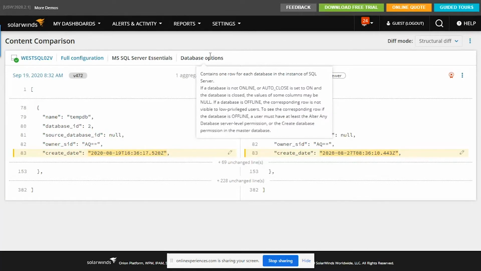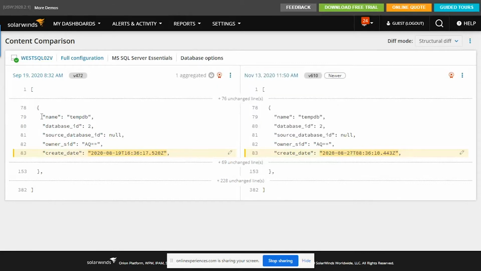What's happening is that basically we have a collection of SQL queries. We have assigned that to a node that has a SQL Server on it, and periodically, on a schedule that you can determine, we're actually reaching out and pulling this data and then monitoring it for drift or for baselines. And you can see here, this is a really simple one. We've got a temp DB, and the create date has changed. So someone's gone in there and maybe deleted it and restarted it, or recreated it,